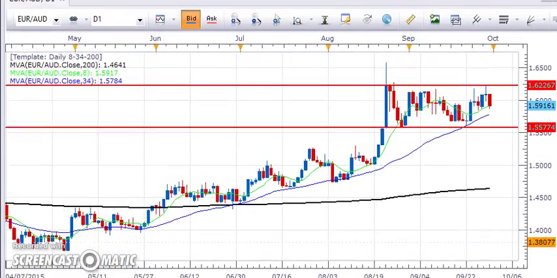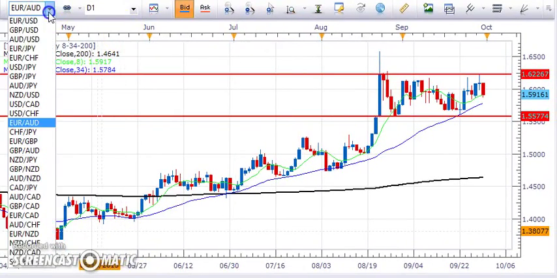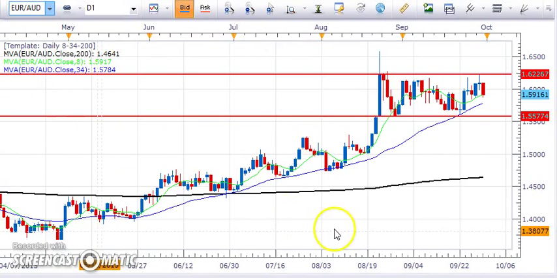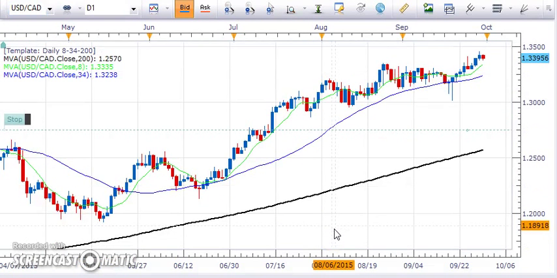Move this back over here. And the US CAD. Now most of these currencies are stuck in trading ranges. Here's one that is actually still trending higher. This has been in a long-term uptrend. Yesterday we made another new high for the year. We're pulling back a bit today, but that could just be setting up another